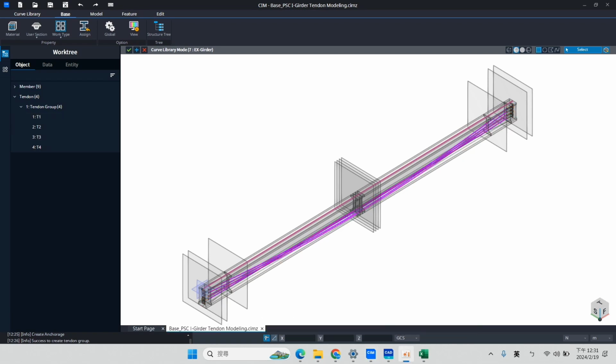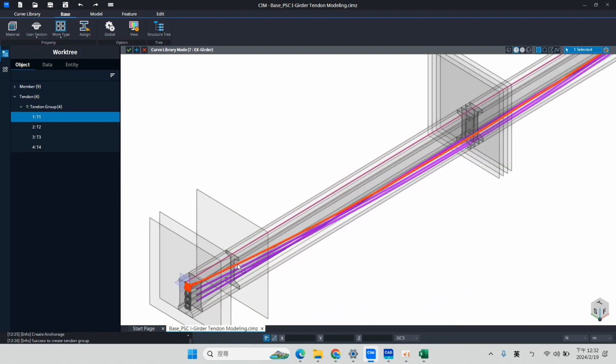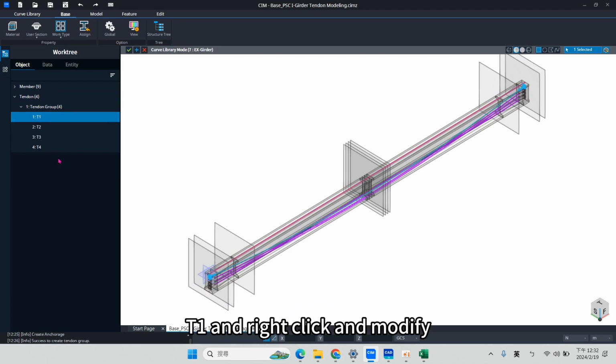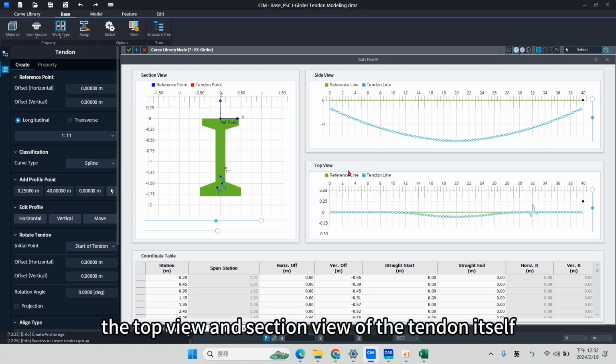Okay, and after that, if you want to see whether or not, for example, in tendon group 1, this part is wrong, you can click on T1 and right click and modify, and it will show you the side view, the top view, and section view of the tendon itself.